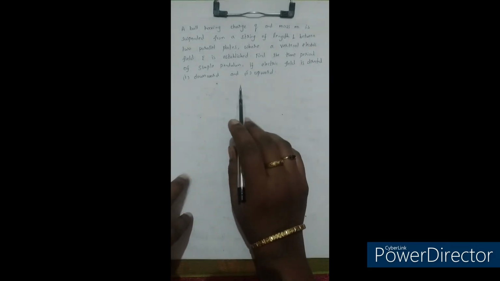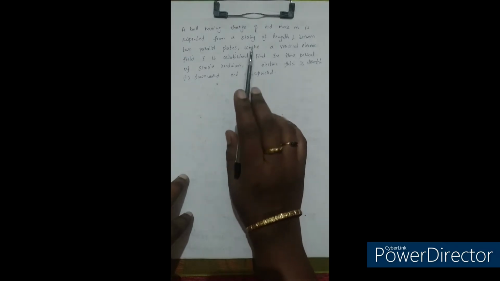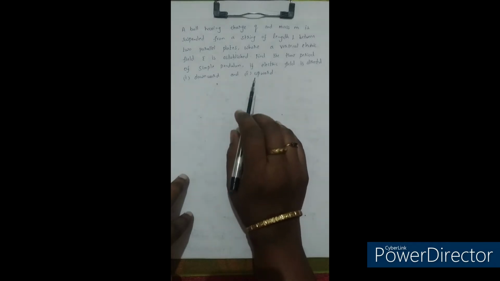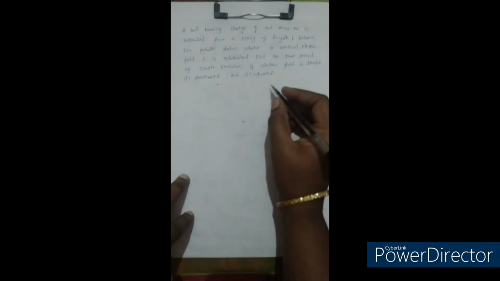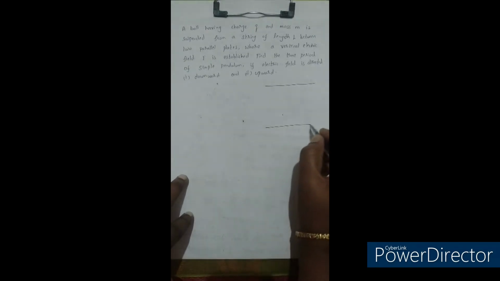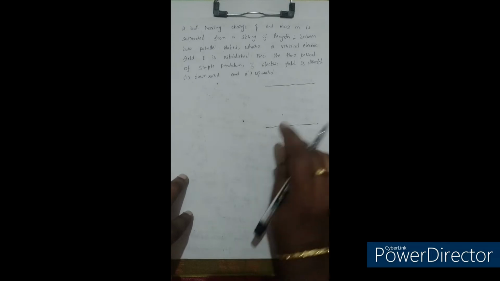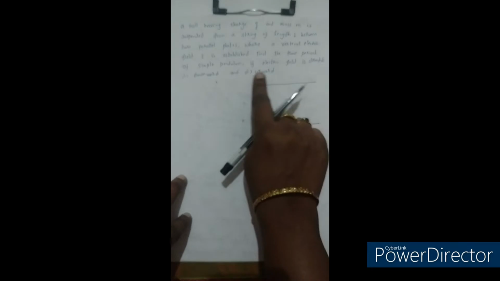Okay, right? So first of all, let's draw the diagram for this one. So what have they told you? They have told you that there is an electric field applied for the system. So let these two be the plates to apply the necessary electric field. I'm not putting which is positive, which is negative, children, because they have told you